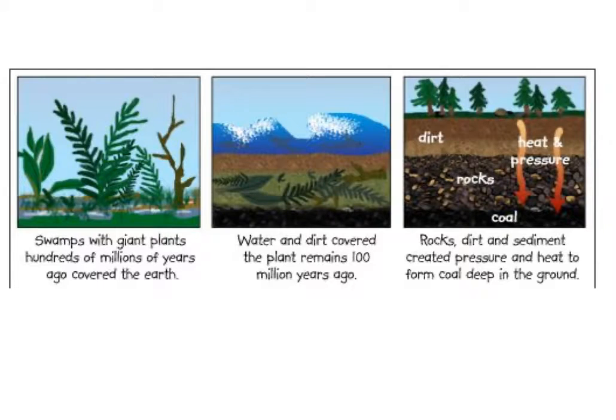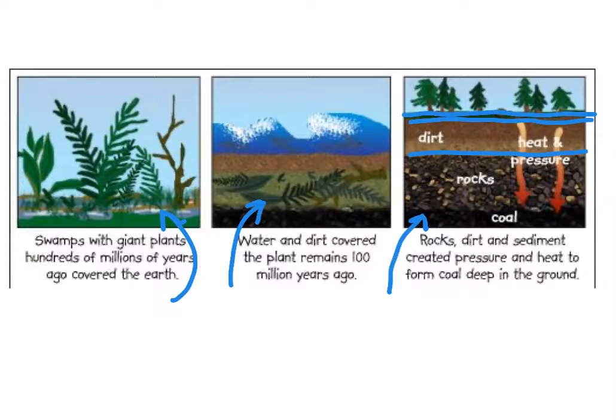Coal is just a sedimentary rock that forms from plant remains. So a long time ago, millions of years ago, there were swamps with giant plants that covered the earth, and eventually those plants died. And when water and dirt covered those plant remains millions and millions of years ago, eventually more and more sediments, dirt,